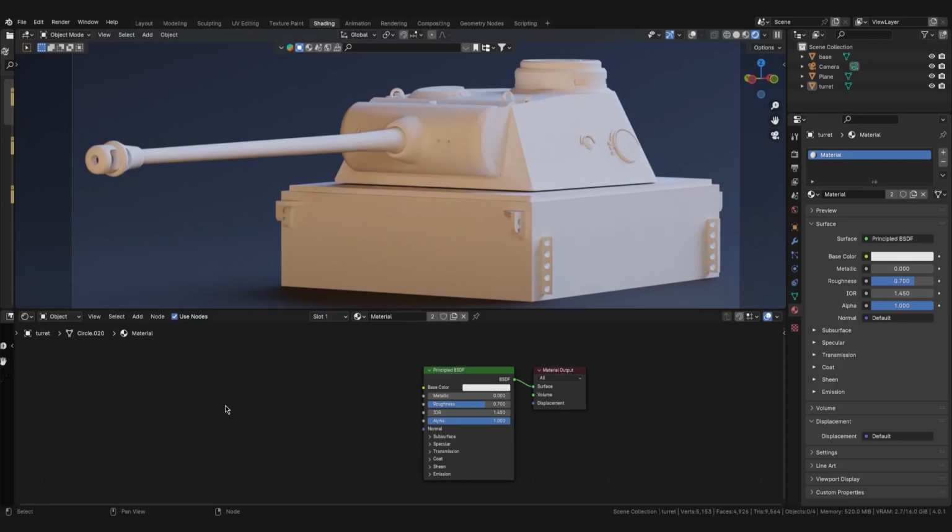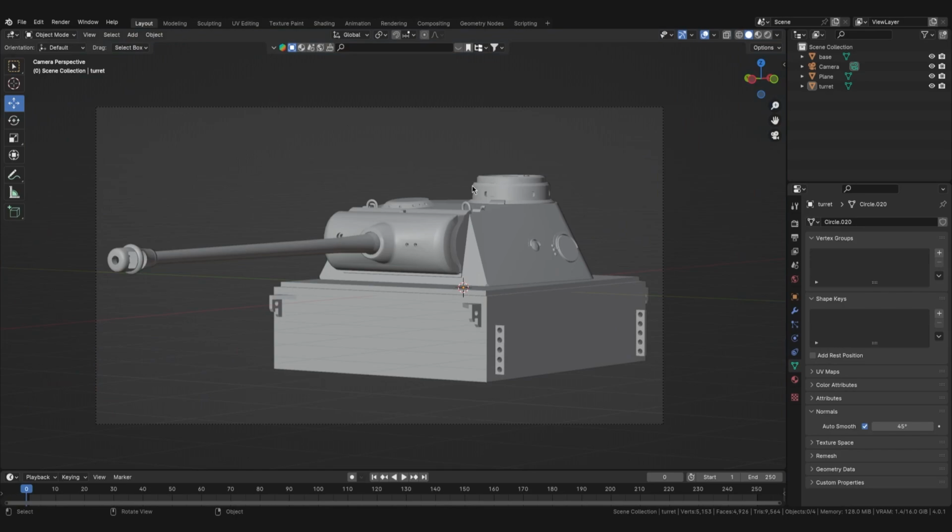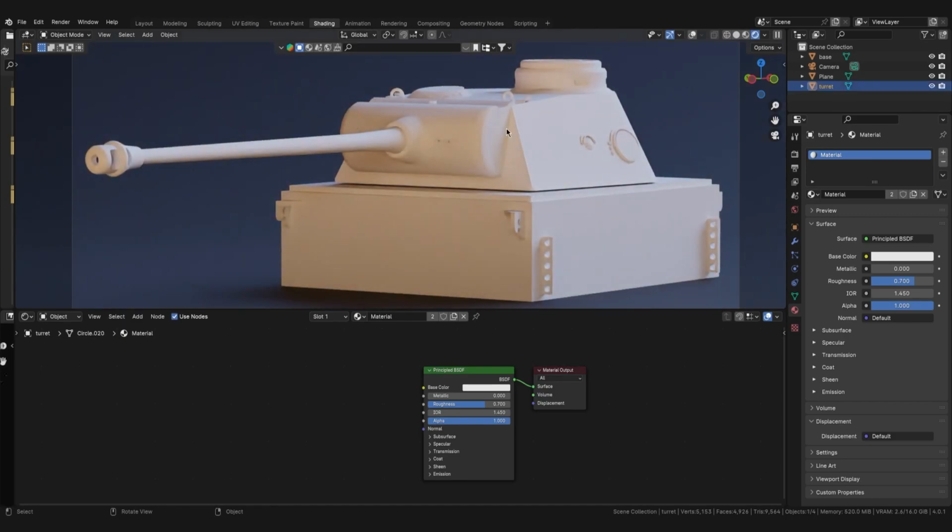Hi, in this tutorial I'll show you how to make a simple wireframe material. So, first thing you need to do is to change your view from the default Blender view to the shading tab. Once you have selected your object and you have a material on it and you want this material to be the wireframe material,